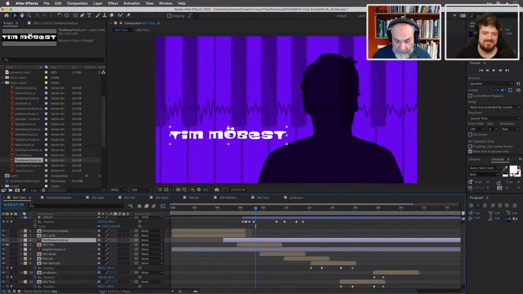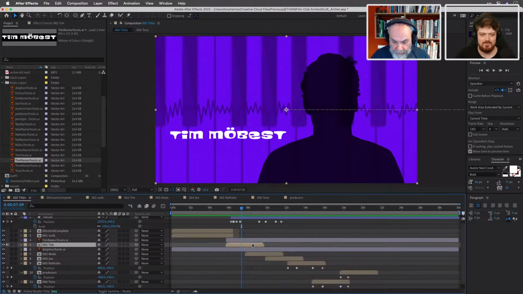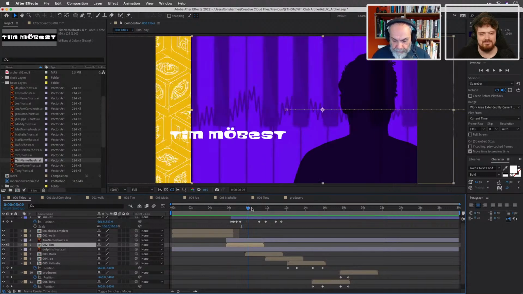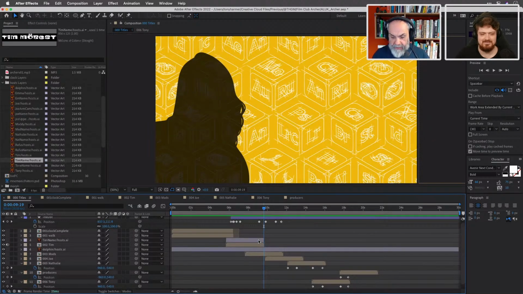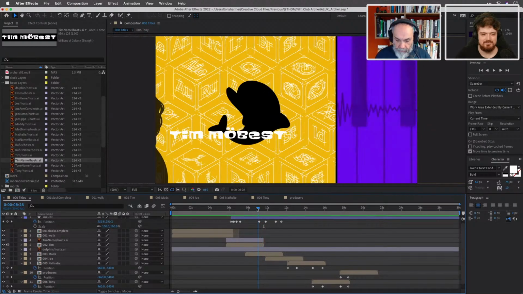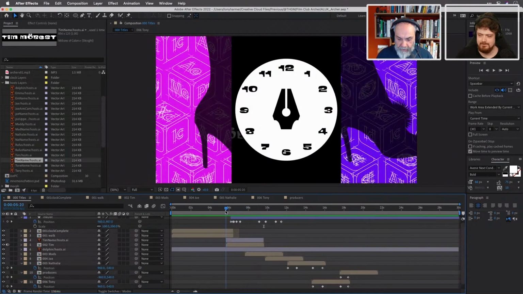I'm going to shorten down this layer because it doesn't need to occupy any more space than that. I tend to do this, by the way, when I'm working with content like this. If I go to the end of this particular sequence here, what I tend to do is hit a layer, Shift Command D, which cuts it at that point, and then hit Delete, which means I've just got rid of that section there. Right, groovy. Keyboard shortcuts for the win.